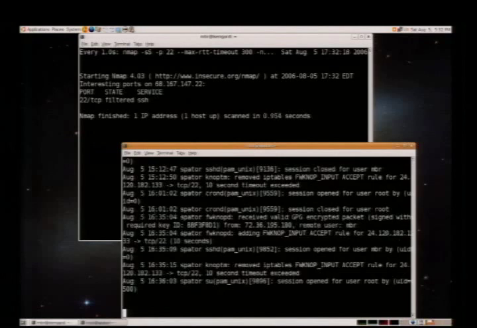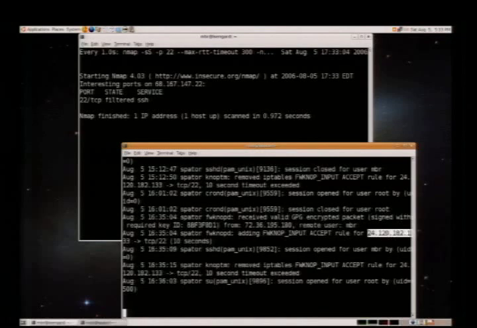These messages are coming across from FWKNOPD. What you can see here is that FWKNOP received a valid GPG encrypted packet signed with this GPG key that we require. And it received it from this particular IP address, which is a Tor exit router. So it added an input accept rule for this IP, however, which is not the same thing. That's what we received from whatismyip.com. And so it was able to extract what IP address to actually allow access to from the encrypted packet data itself. That's never exposed in the clear text.